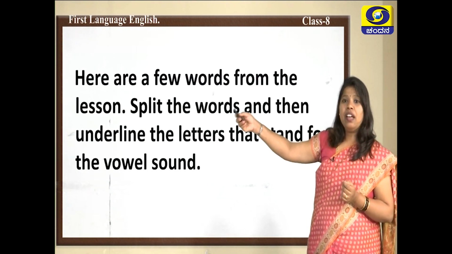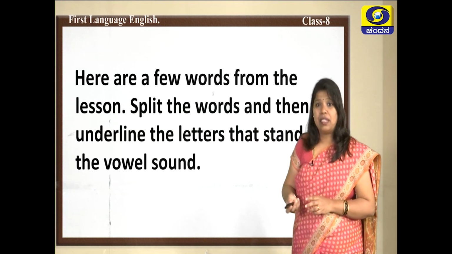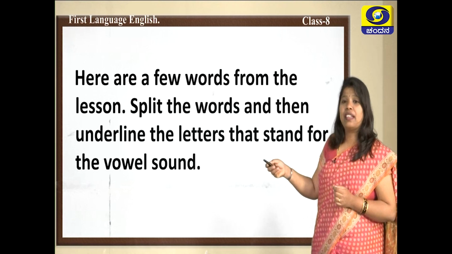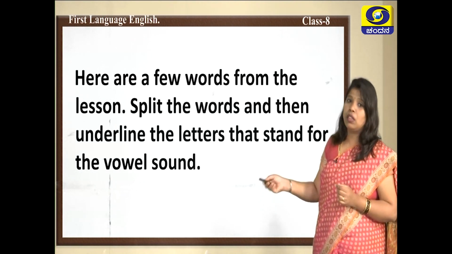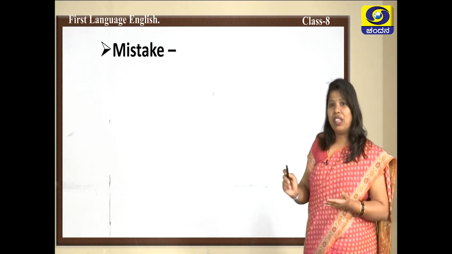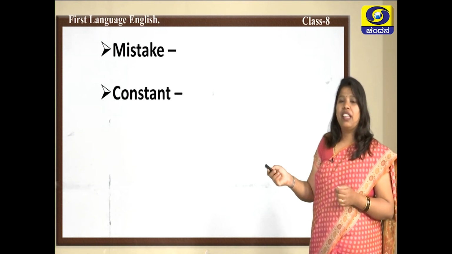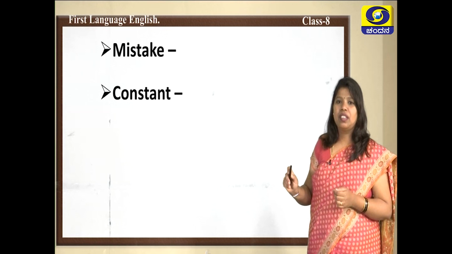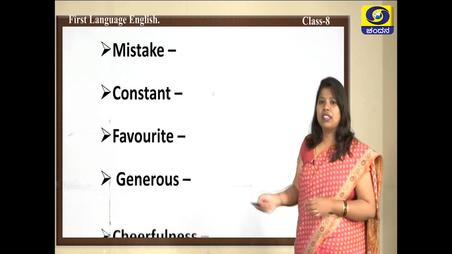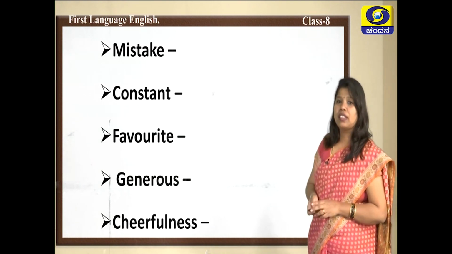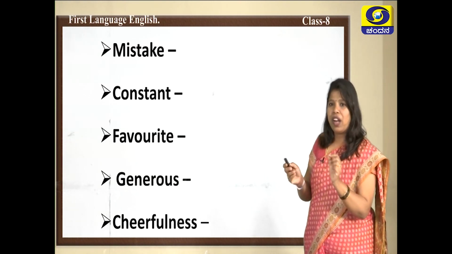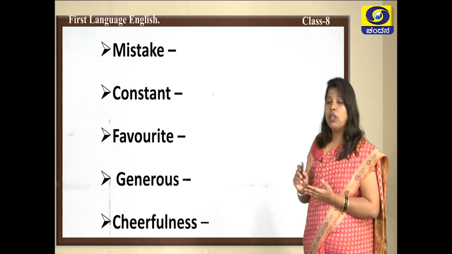Now, here are a few words from the lesson. You have to split the words and then underline the letters that stand for the vowel sound. The first one is mistake. So, write down that word, children. Next, constant, favorite, generous and cheerfulness. So, you have to split the word and then underline wherever you hear the